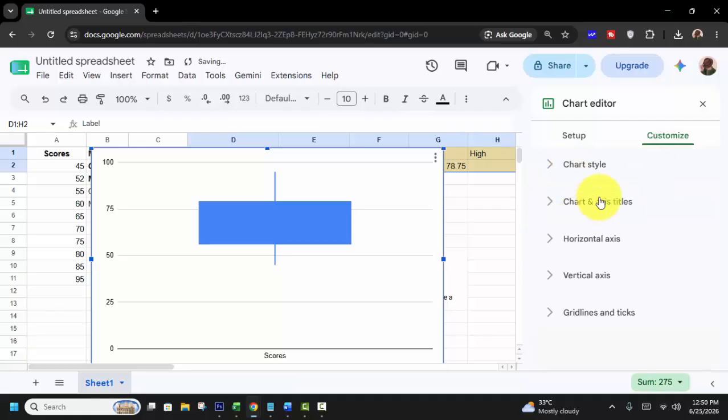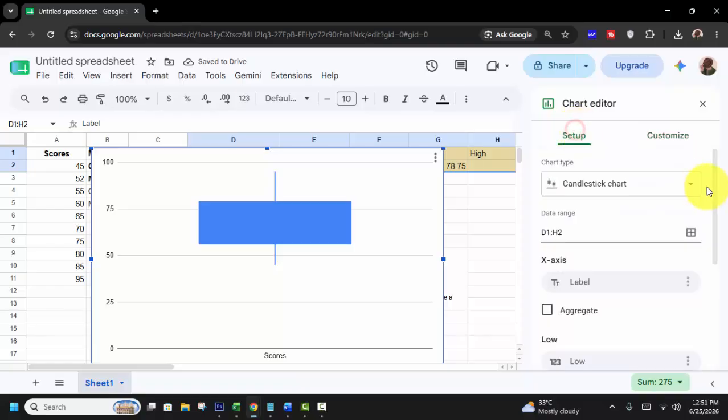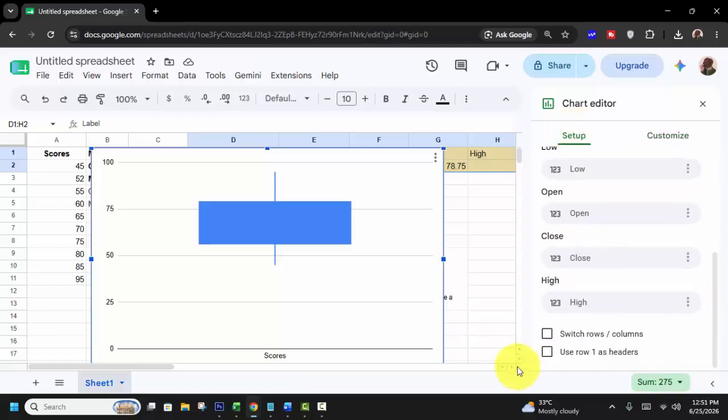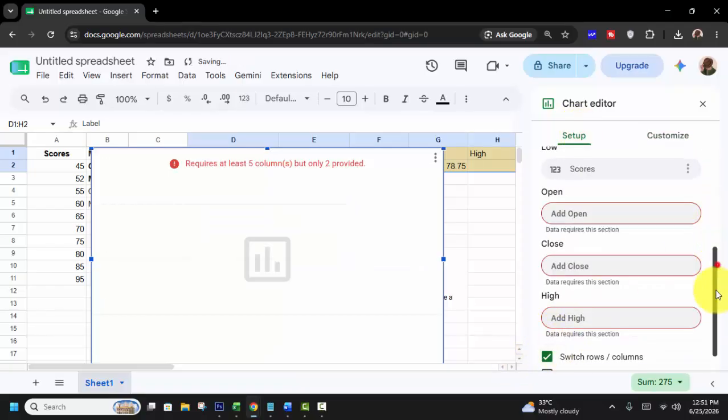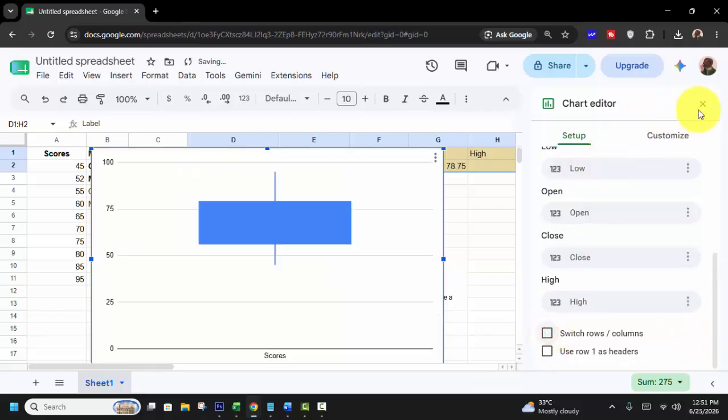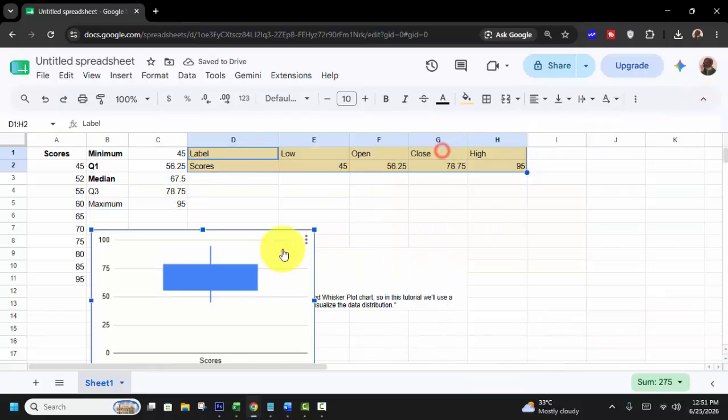customize chart style, chart axis and titles, horizontal axis, vertical axis, or switch rows and columns. See this,